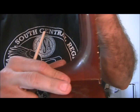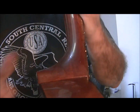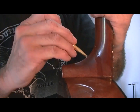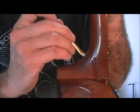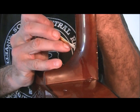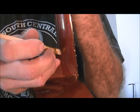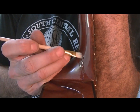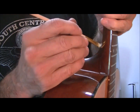Okay, the neck joint is really tight, this crack, but I do see it move when I put stress on the neck. So what I'm going to do is I'm just going to paint water around it like so. What that does is that water has that capillary action, and it will suck back in there. Will it go back in as far as it needs to go? Well, I can't really say that for a black and white fact, but it will go back in there better than the glue will. So if you get the water in there first,